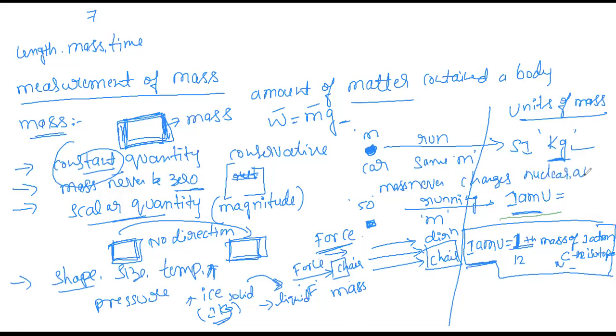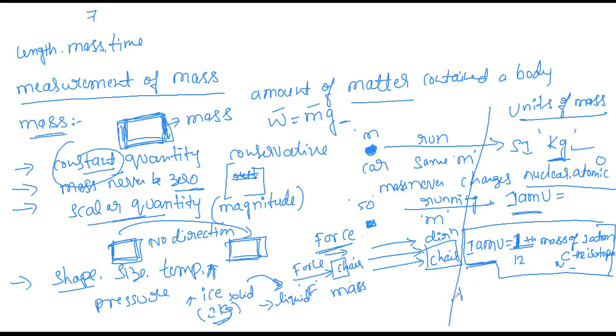Then atomic mass. An atom is very small, not big. If it is big, we use the kg. We could express it in kg, but it is very small. The nucleus is very small. For that, we measure the nuclear mass in terms of the atomic mass unit.